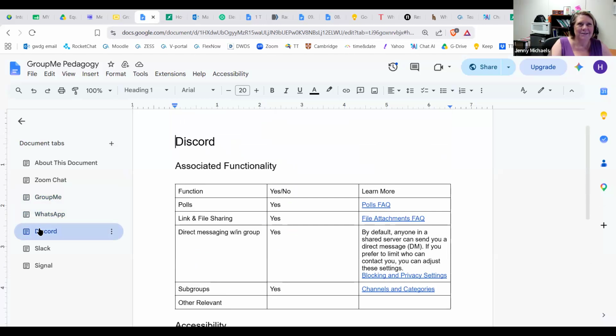It is. I tried it during the pandemic. My son helped me set up a Discord server. He uses it all the time. He and his friends are scattered, but they play video games together over Discord. They love it. So during the pandemic, I set up Discord office hours where I would just be online on the Discord, and if students wanted to pop in to ask questions, they could. I didn't use it as much for the messaging functionality at the time. It does take a little bit to set up the server, but you can send messages right through Discord, just like any other messaging app once it's set up.